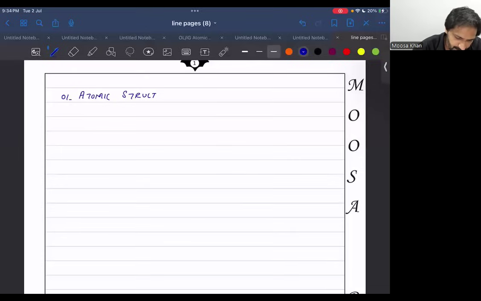The first topic would be our atomic structure. Then we'll study elements, mixtures, and compounds. Please everyone write this down: elements, mixtures, and compounds. The third topic we're going to study would be states of matter,